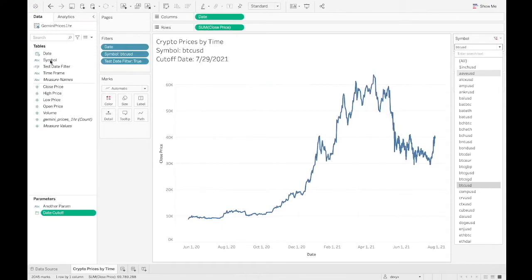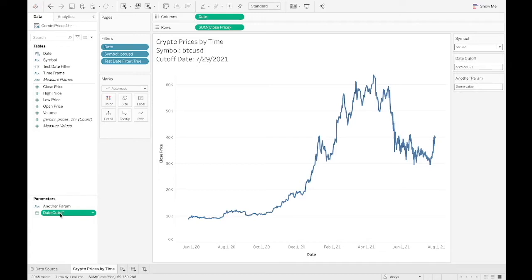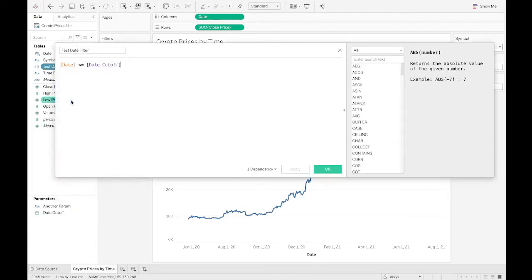It's a filter that's based off of a field I have in the workbook, but then we're also filtering on a date, which is controlled by a parameter that I have in the workbook. By the way, how is that parameter even impacting things? Well, I just have it interacting with one of my fields, my date field, and this parameter is going to